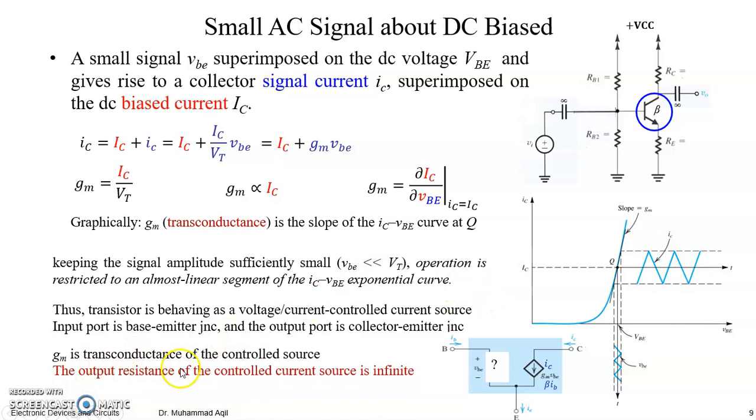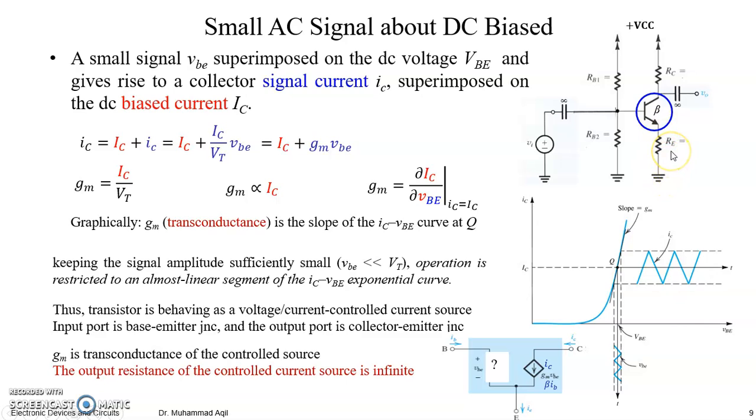So gm is the transconductance of the controlled source, right? Whatever VBE you have, it is multiplied with the transconductance to get the value of this IC, right? Or when you have a VBE, you can easily find the IB, and beta times this IB is your collector current, right? So the collector becomes the current source for a